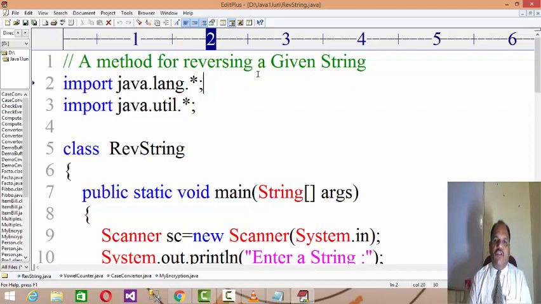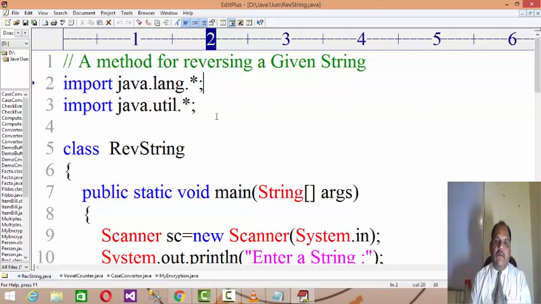To get that advantage, let us understand that now I want to write a method to which I should provide the string, and on that provided string it should be able to give me in return the reverse of that string. I just discussed the reverse logic with you. So I'm writing here a non-static method for reversing a given string. Non-static means I need to create the object reference to give the call to that method.